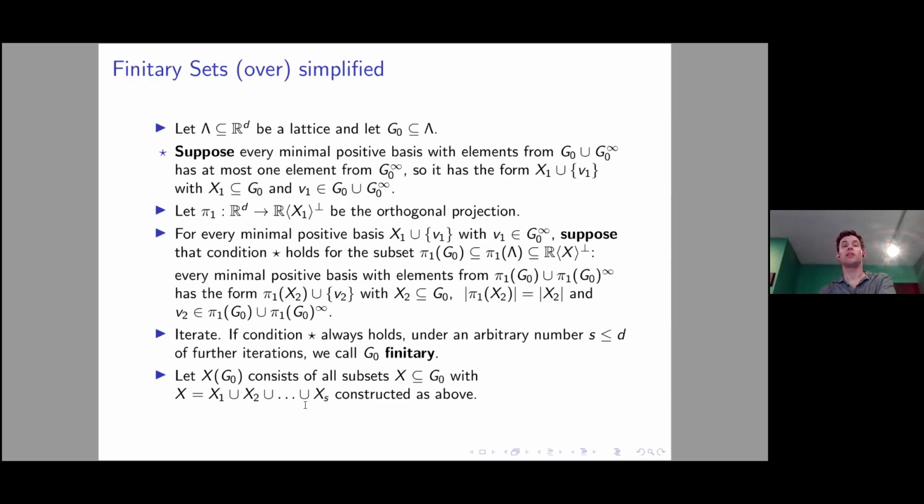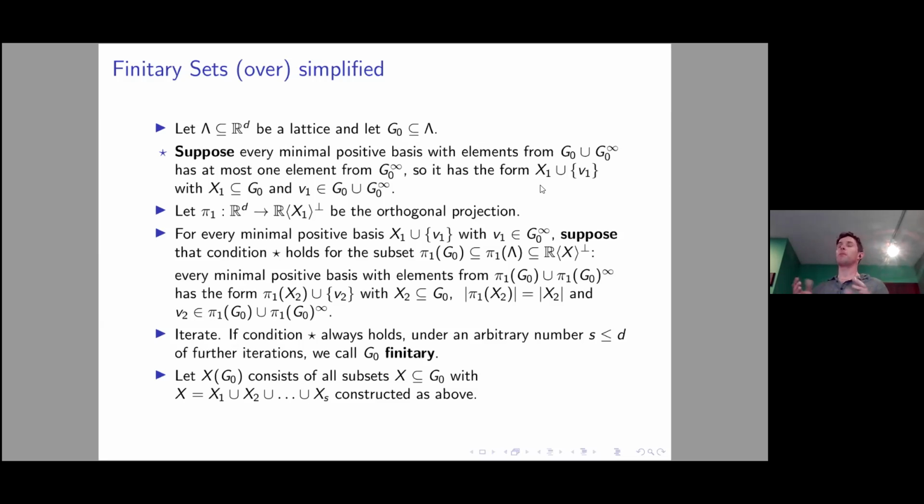And we want to view the sets inside here, particularly if we do this definition a little bit more carefully, as being those sets which capture the infinite directions associated to the set G0, or at least the negations of those directions. If we look at the very first condition here, X1 is basically a finite set whose convex cone spanned out of X1 is going to contain the negation of this vector v1. So negative v1 is inside the interior of that convex cone. It encases that infinite direction.